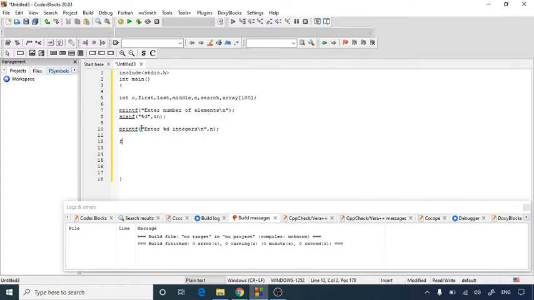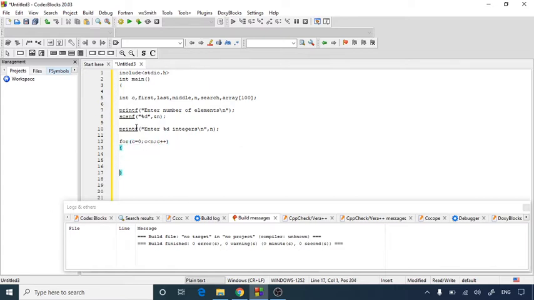Then I'm going to use a for loop for the iteration, for c equals 0, c less than n, c plus plus.